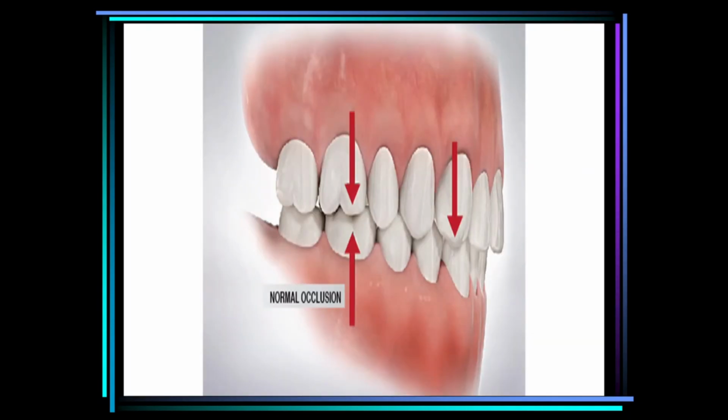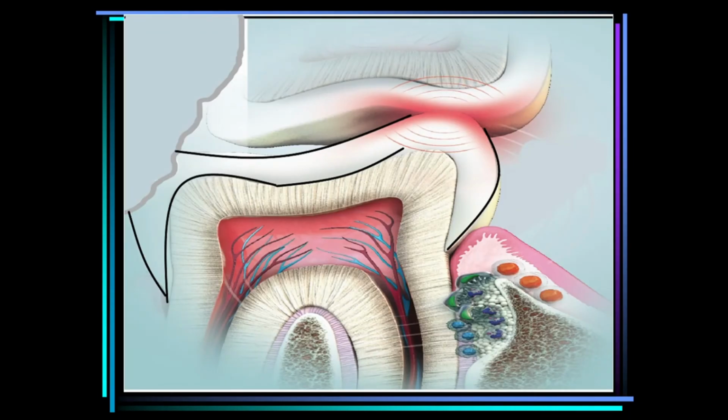So if the relations are normal, a uniform distribution of forces will be there, but if this is disturbed because of a high point or some defective restoration, and a point contact is there, the area of contact is replaced by the point contact. See, only a point contact is there. This area is disoccluded. So the force will be transmitted from this point, and this excessive force delivered to the opposite tooth will cause disturbance in the periodontal ligament structure, which leads to resorption of bone.